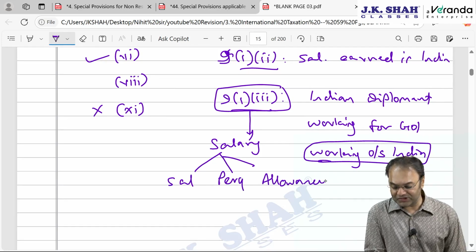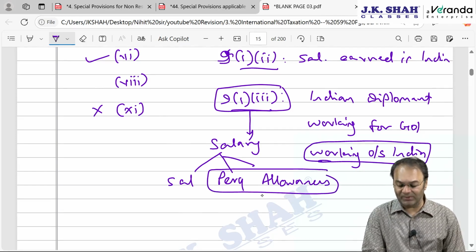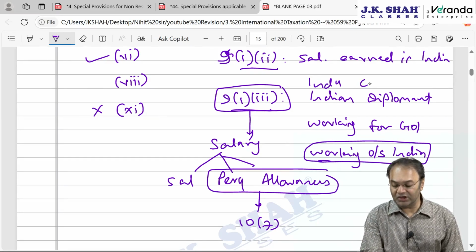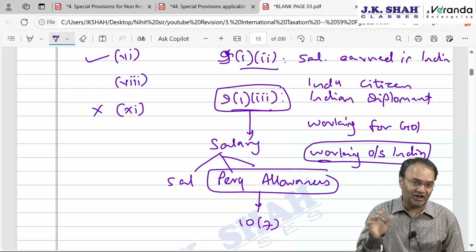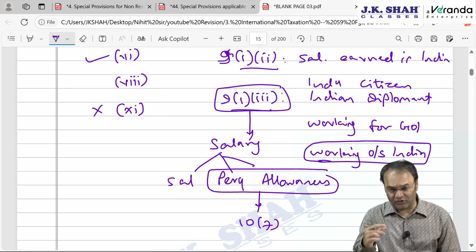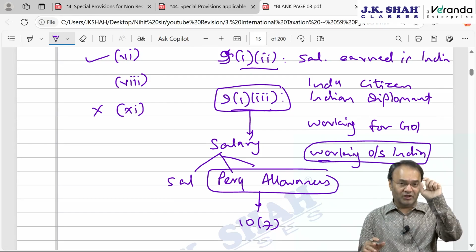Perquisites and allowances. However, out of these three, perquisites and allowances will be exempt in India under section 10 clause 7. In whose hands? In the hands of an Indian citizen. We are not commenting on his residential status. He might have become a resident of a foreign country, or he might be a resident of India for at least the initial stage. Come what may, irrespective of residential status, if he is a citizen of India,